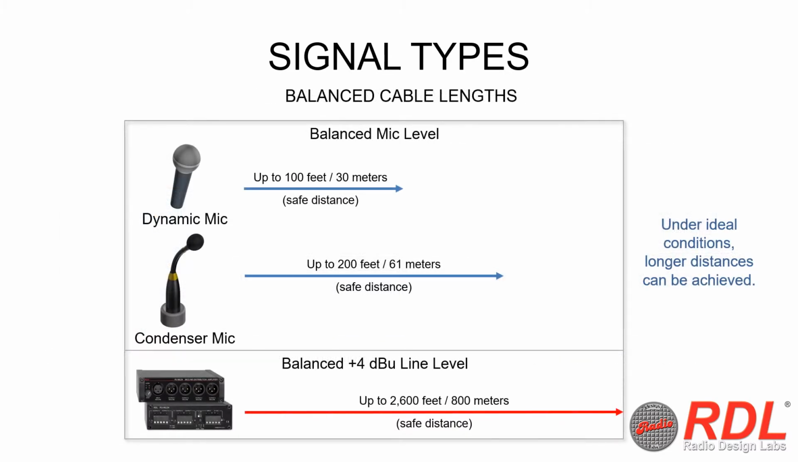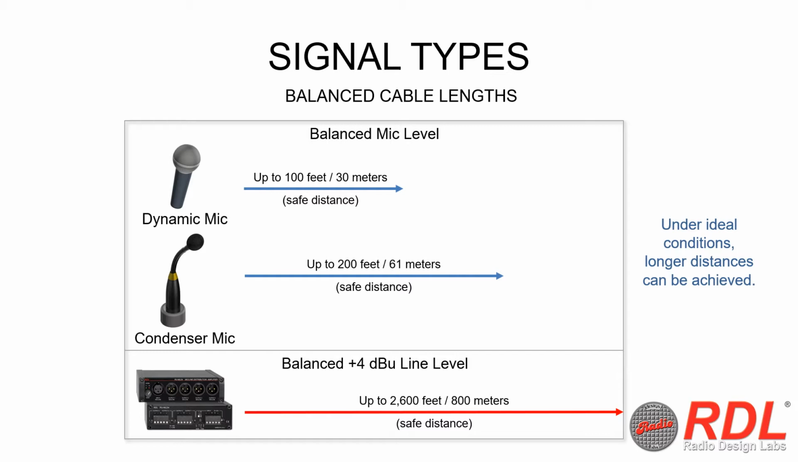So how long can a balanced cable be? This depends on several things. For balanced mic level signals, practical cable lengths can vary depending on the type of microphone used. The signal from a dynamic or passive mic could easily run up to 100 feet or 30 meters without any issues, and the signal from a condenser or active mic could easily run up to 200 feet or 61 meters without issues. Theoretically, longer distances can be achieved, but too many factors come into play for us to cover in